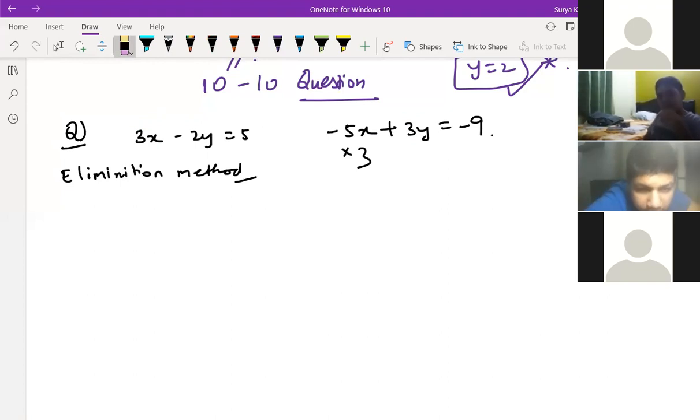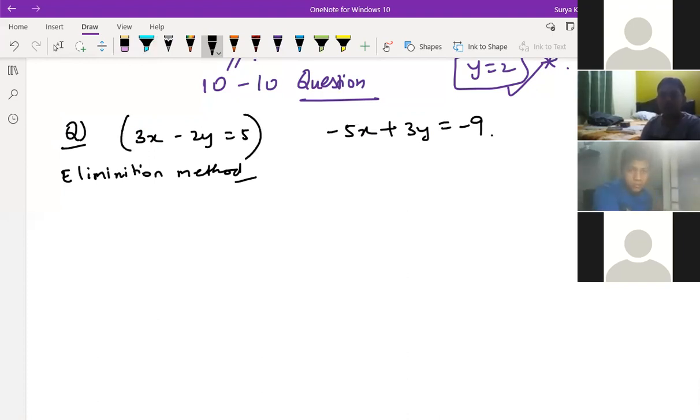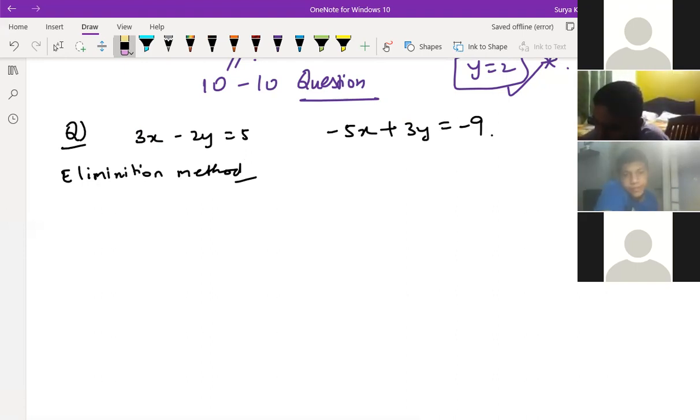But what we need to do now? Sir, we can do 8x minus 5x. Which one? Sir, we can write 3x as 8x minus 5x, no? And then plus 5x here. In this type of equation, we are preferring only multiplication. And we have to multiply with the whole equation, not with one particular part. Understood, Nihar? This type of equation can be solved only by the multiplication method, and we have to multiply with the complete equation, not with only one part, so that the value will not change.